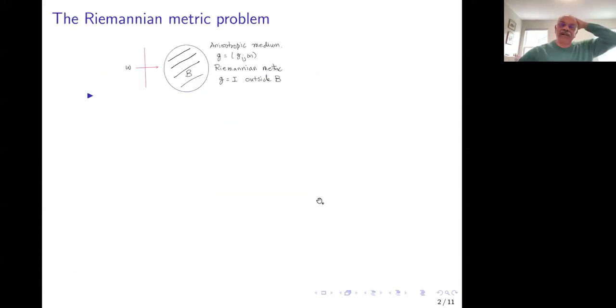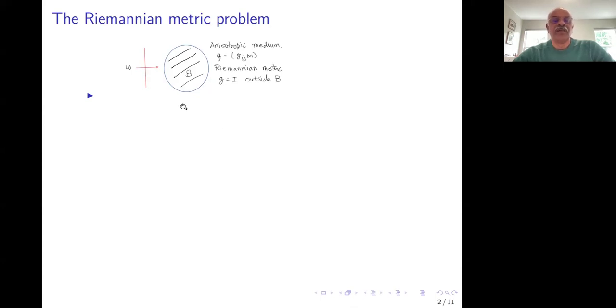Okay, so let me formulate the problem. It's going to seem very elementary based on who's on the attendance, but typically what we want to do is, so we have a medium, acoustic medium, which is uniform outside some ball, which I'll assume is the unit ball. And we want to determine the acoustic properties of the medium by probing it with plane waves and measuring the response far away, or because the medium is uniform, it's equivalent to measuring it on the boundary